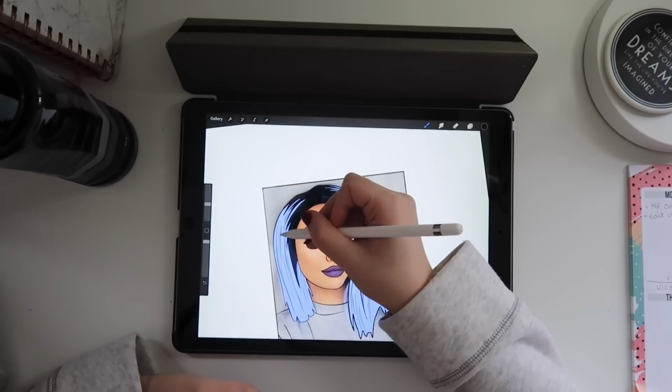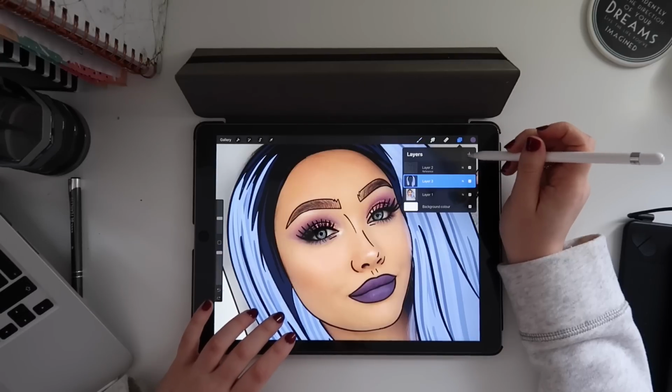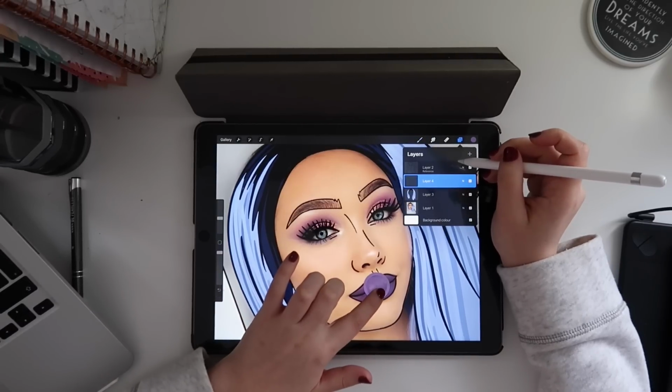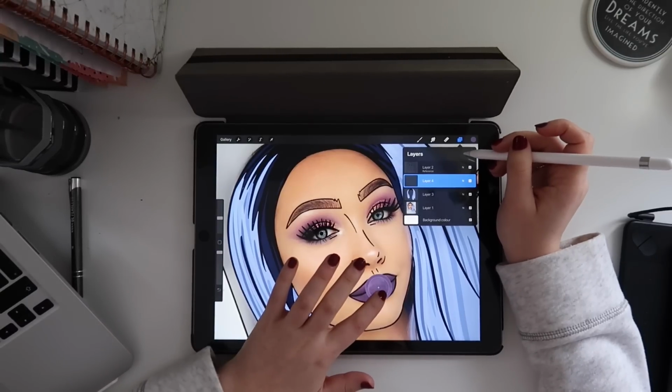And then I'm just doing some accent lines. Obviously her hair didn't have black streaks in it, but because it's a cartoon, I decided to add some additional little things. Now I'm doing the lips, so same principle, I'm adding a new layer underneath the ink layer, selecting